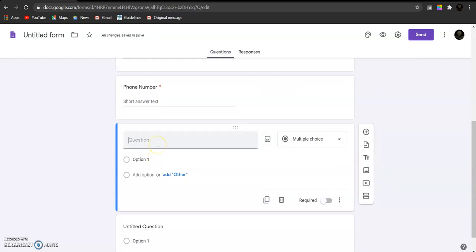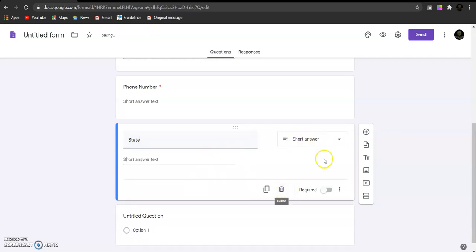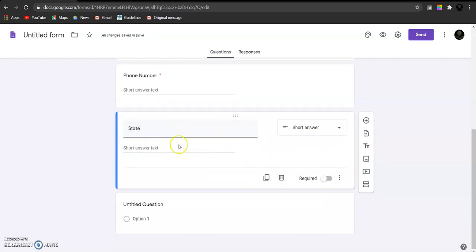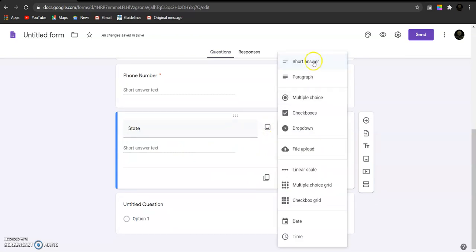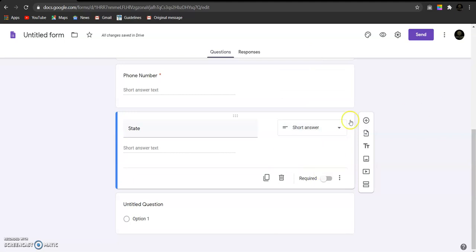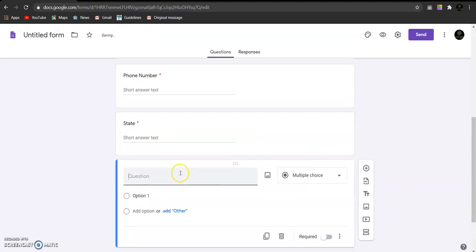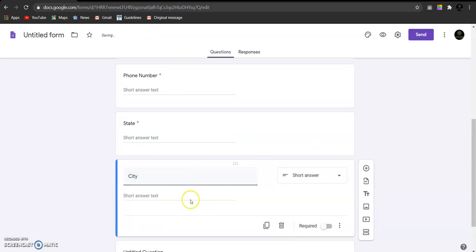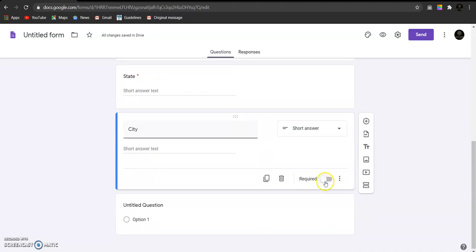Now I'll ask the user to enter his state. So I need an area where he can enter his state. So I'll choose short answer. Next, and I'll select this also as required. Next, I want his city, and I'll select this also as required.